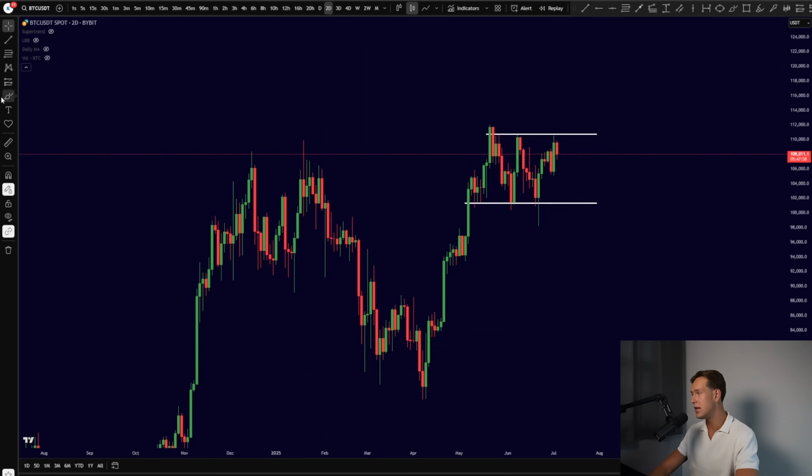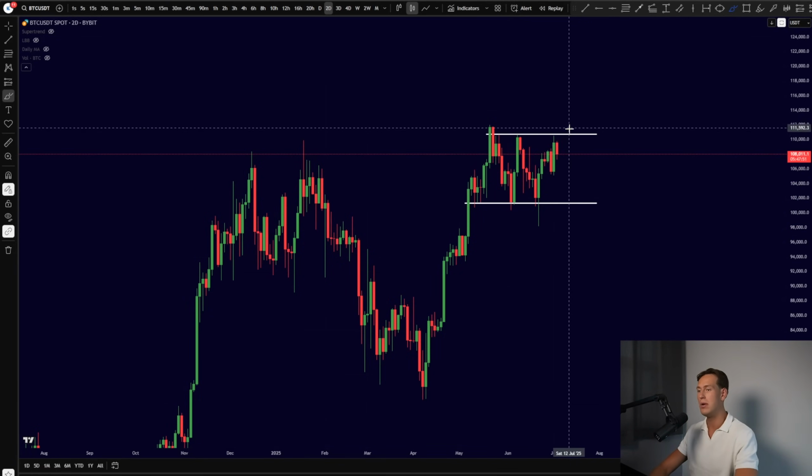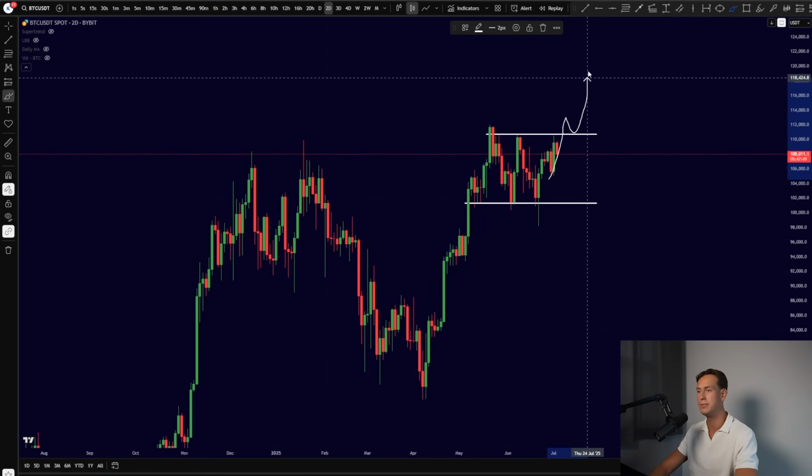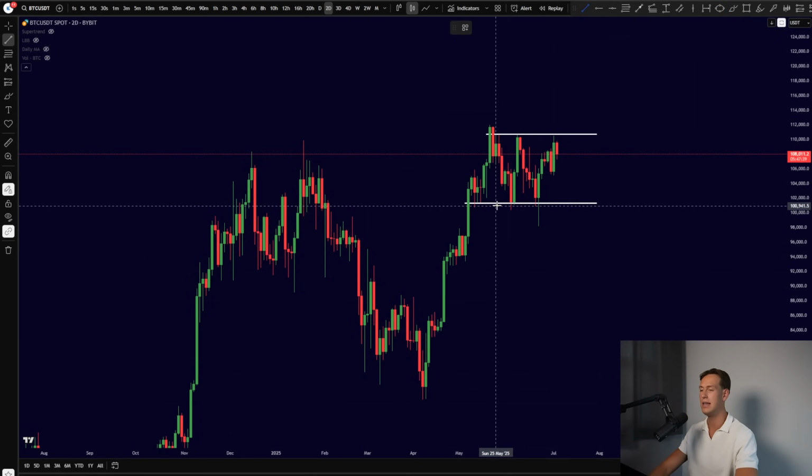At this moment, as of recording this video, Bitcoin is actually trading in a sideways channel, and we can see a breakout to the upside or to the downside. It's just going to be the deciding factor when we're going to be seeing the breakout. It's a 50-50% chance, but both in the case of a break to the upside or to the downside, we